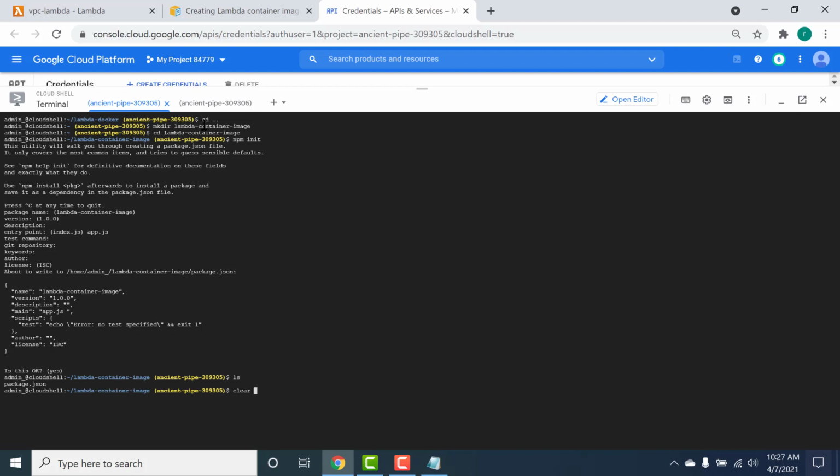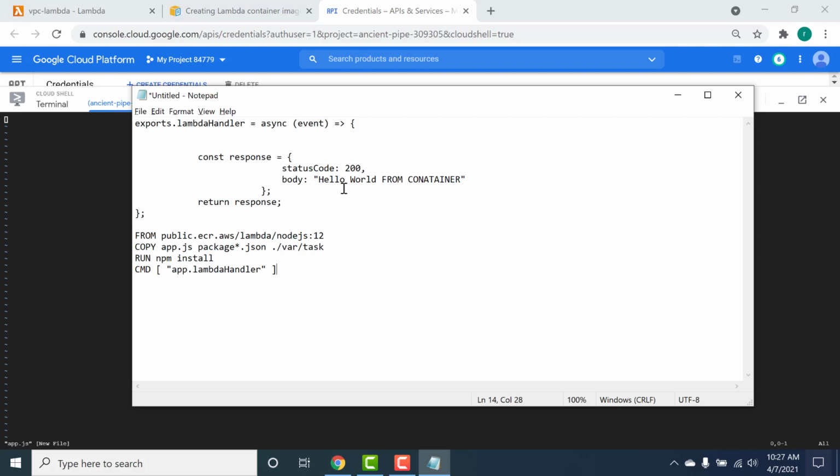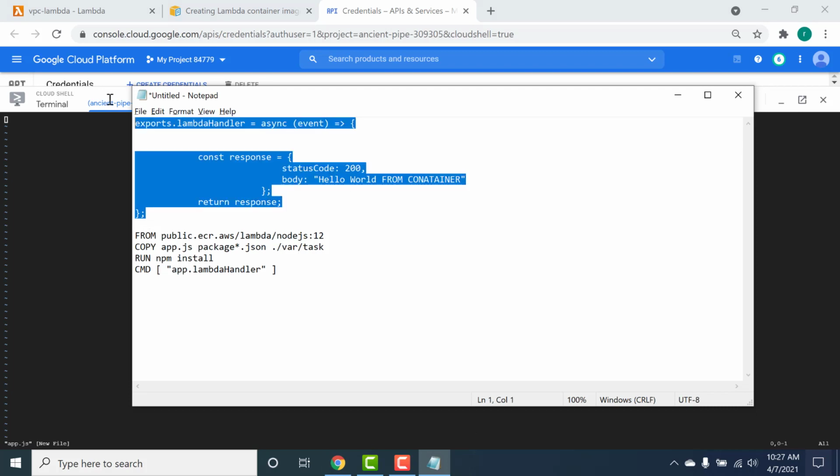Let me clear my screen. Now I'll create an app.js file which will contain my code. My code will be very straightforward. It'll just have a hello world. So I'll just copy this.